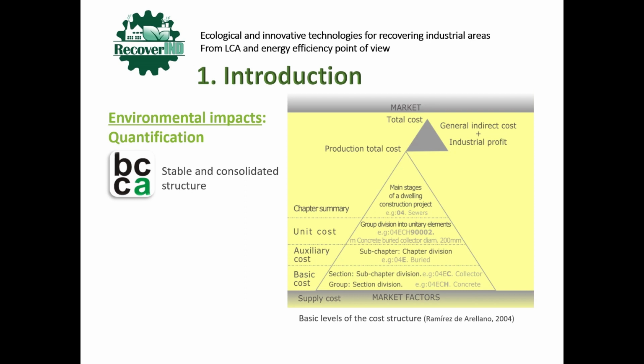The structure of the BCCA, or the Andalusian construction cost, is very simple. As you can see there in the pyramid, it has a base. It's the market factors, how the construction materials are sold, or what the market costs are at the present moment. From those, we classify them in basic cost. That's the next level of the pyramid. And those are basic elements such as construction materials, machinery, and